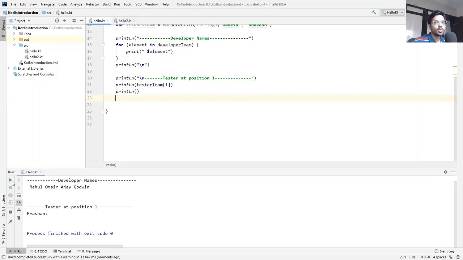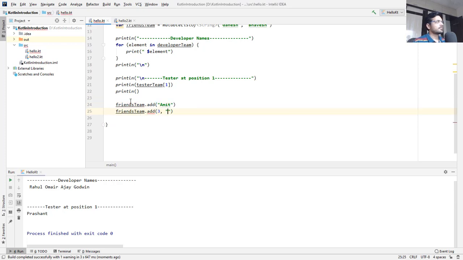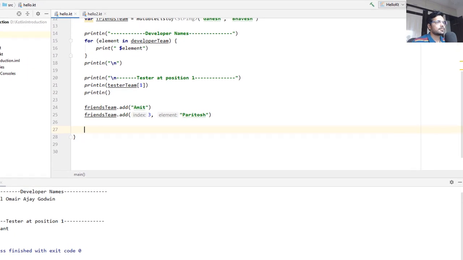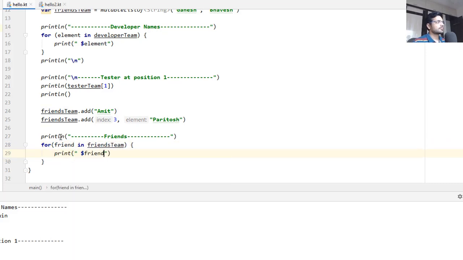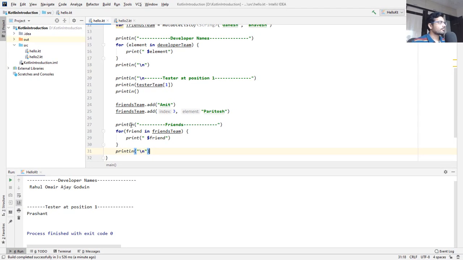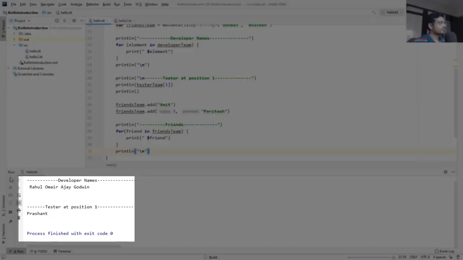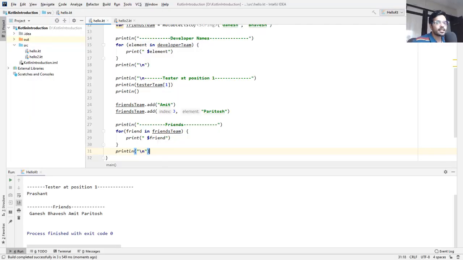Now we'll add more names to our friends list. Let's print them. And it has successfully printed it.